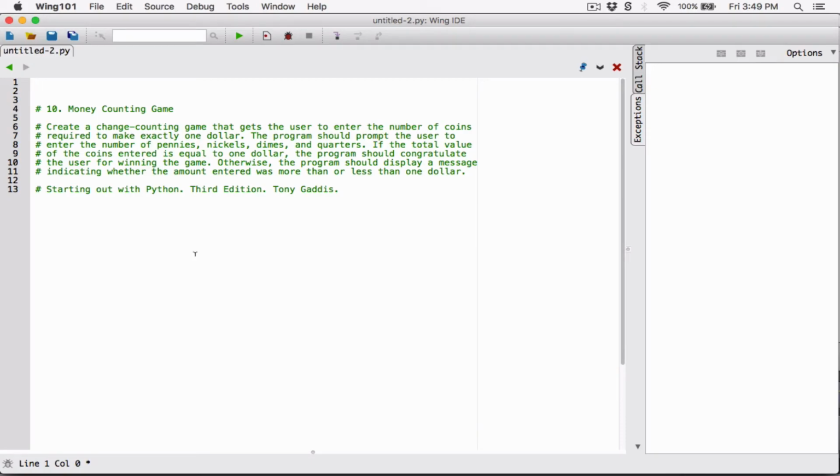Okay, hello everyone. So the next program in chapter 3 is the money counting game. Create a change counting game that gets the user to enter the number of coins required to make exactly $1. The program should prompt the user to enter the number of pennies, nickels, dimes, and quarters. If the total value of the coins entered is equal to $1, the program should congratulate the user for winning the game. Otherwise, the program should display a message indicating whether the amount entered was more than or less than